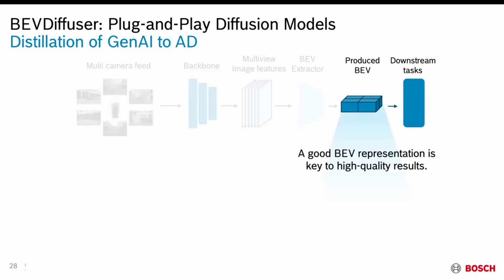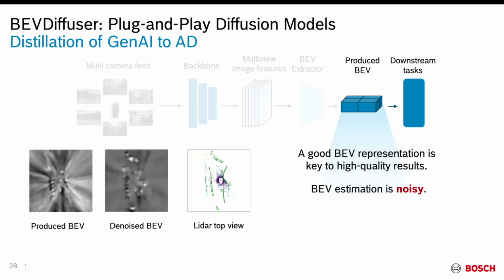As I mentioned, your performance truly depends on the quality of your bird's eye view, but you don't have a ground truth. This is a major problem in the domain. Another thing is that you take those multiple cameras, and you have intrinsic noise in those cameras. You have this learning process, which adds additional noise. So your actual estimation is noisy, even though the images may not look noisy. If you take a deeper look into it, we did